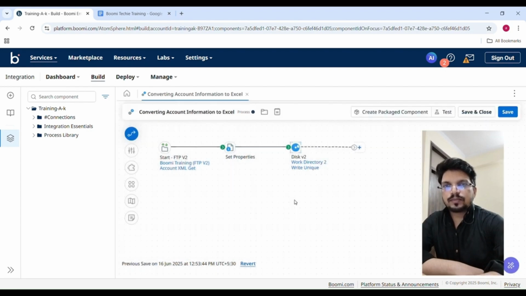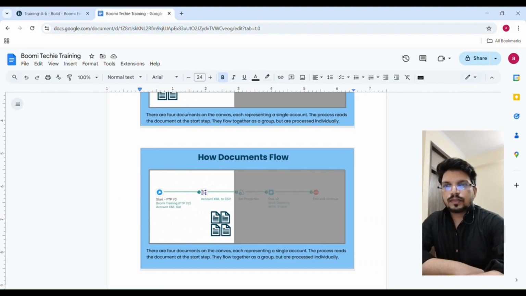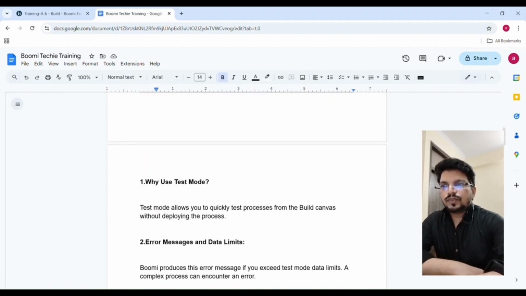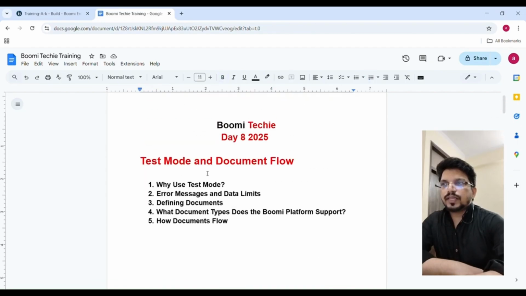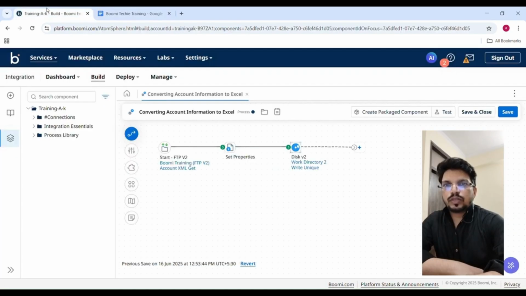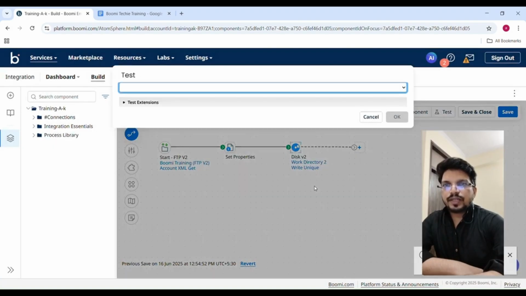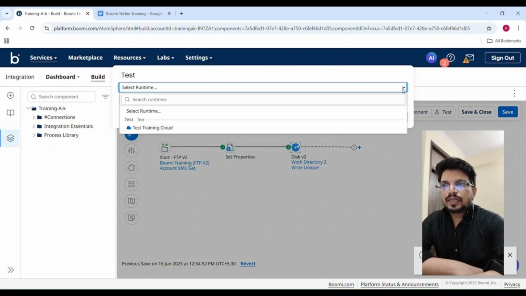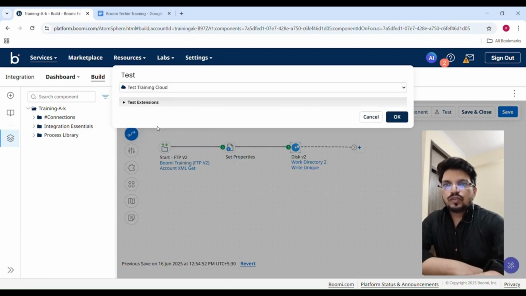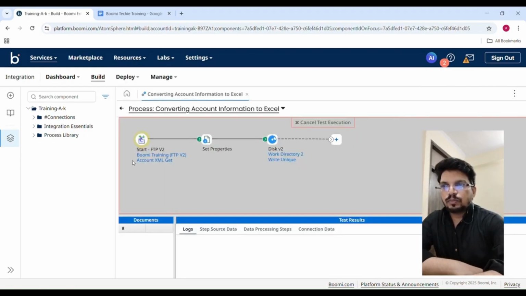अब इसको हम टेस्ट करते हैं। हमने देखा था यहाँ पे फर्स्ट पॉइंट था टेस्ट मोड। तो हम इसको टेस्ट मोड में टेस्ट करेंगे। टेस्ट का यहाँ पे आइकन है, आप देखोगे। इसको हम पहले शेप करेंगे, फिर टेस्ट करेंगे। टेस्ट के लिए कौन सा रन टाइम हम यूज़ करेंगे, टेस्ट ट्रेनिंग क्लाउड। इसको हम सेलेक्ट करेंगे, फिर हम ओके करेंगे।